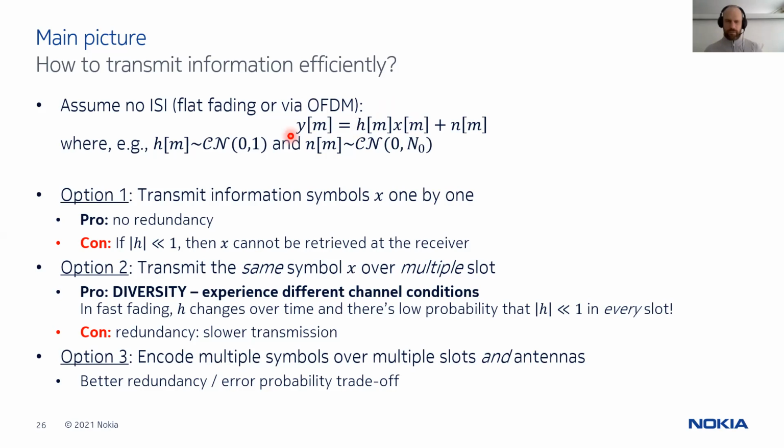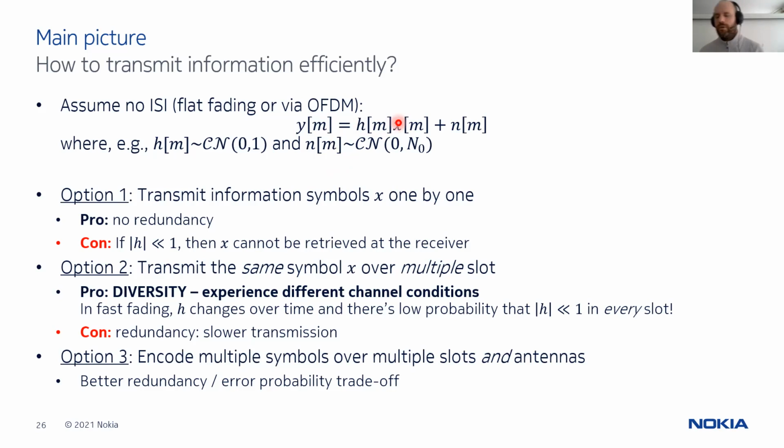And there are tons of different ways to do that. The simplest way is just to encode whatever you have to transmit into bits, and go from bits to complex symbols, which we didn't talk about, but let's assume that there is a way that transforms bits, 0s and 1s, into complex symbols to be transmitted. And then you just transmit them one by one. Well, it works, but it's not so efficient.